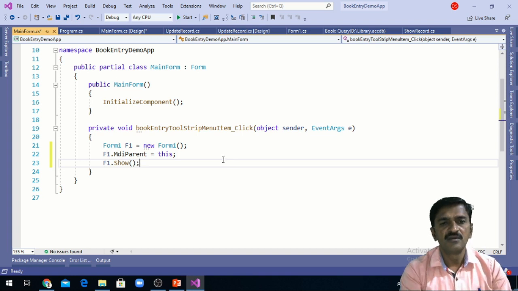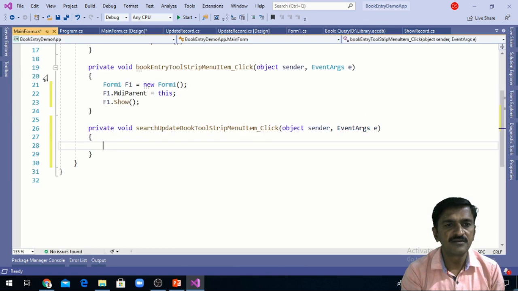Okay, so similar to that I can write the code for the second menu option.